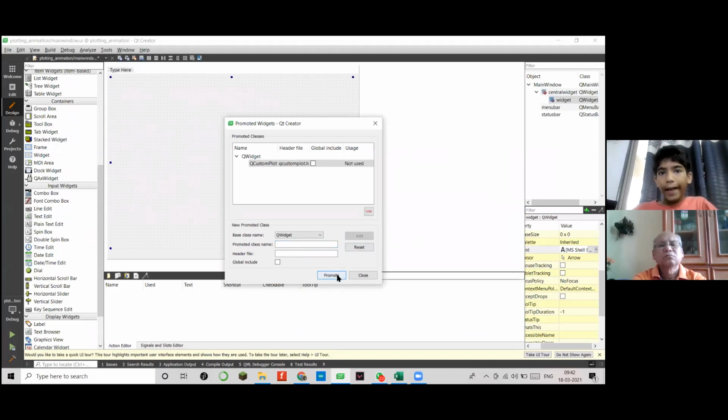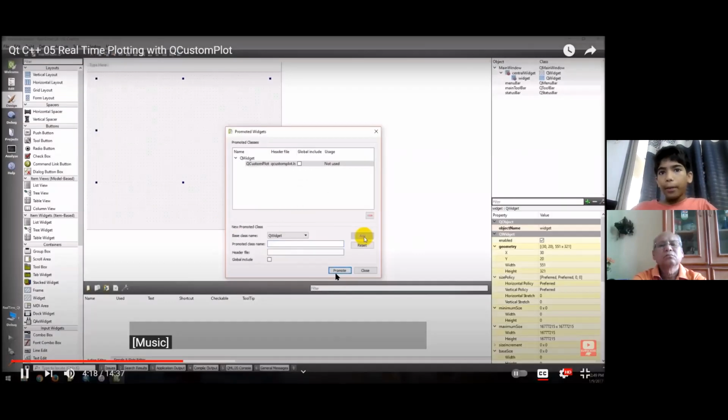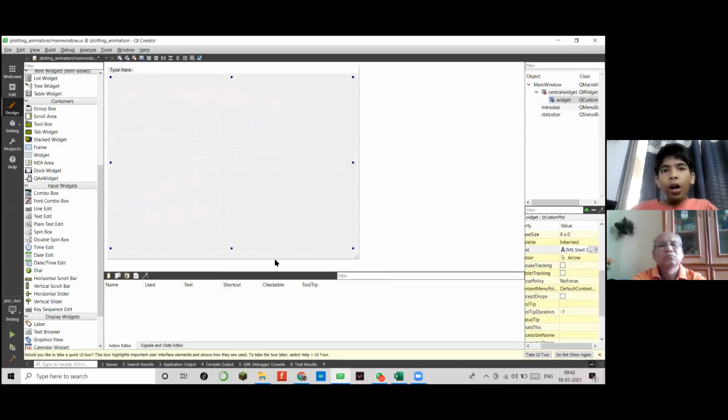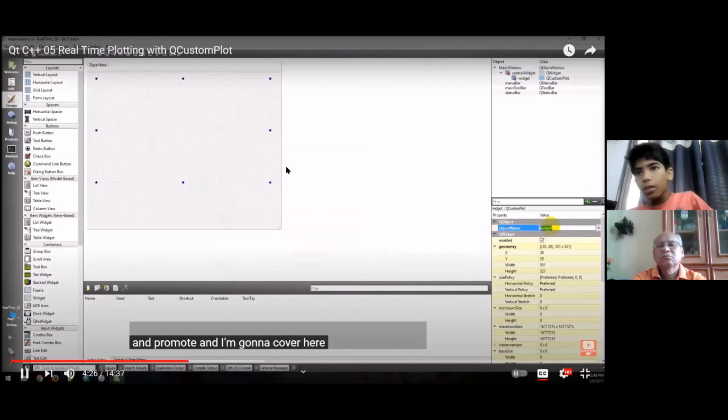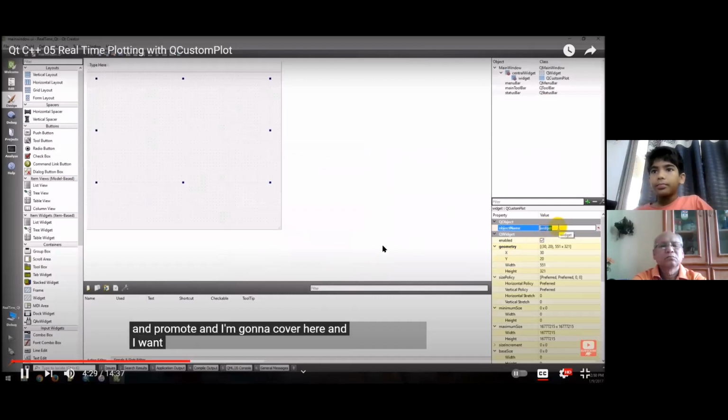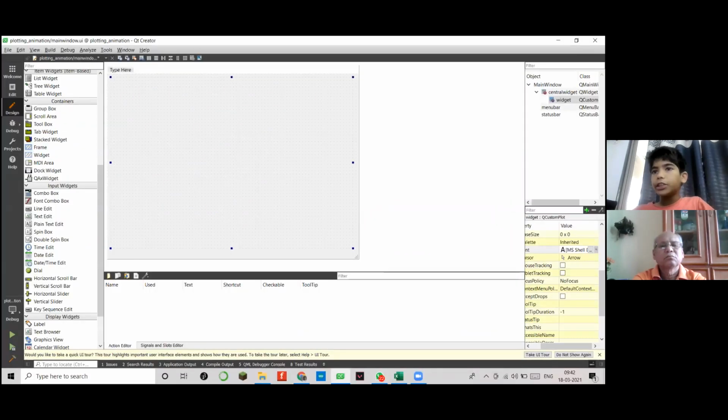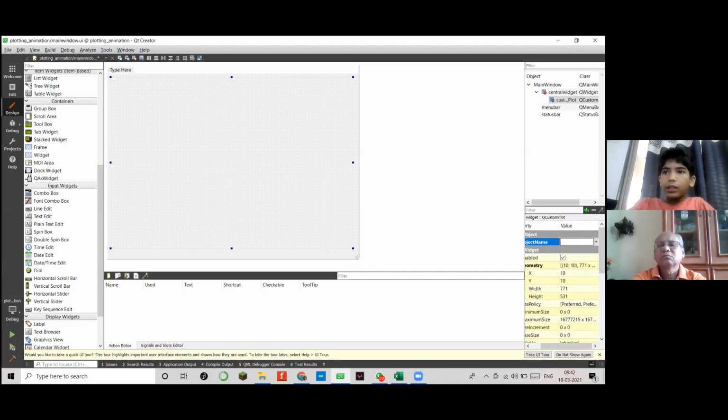So I'll click add and then promote. So he's just naming the widget as plot to just know that this is the plotting widget. I'll do that.